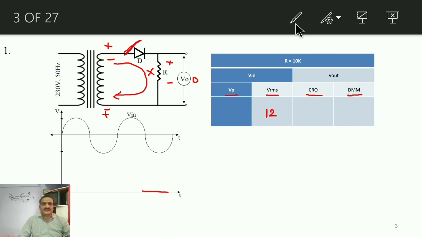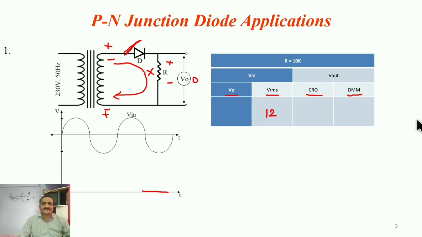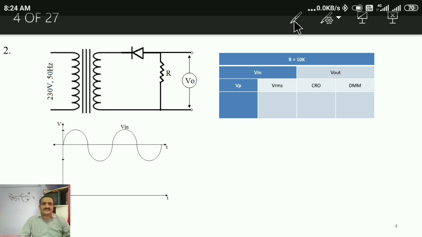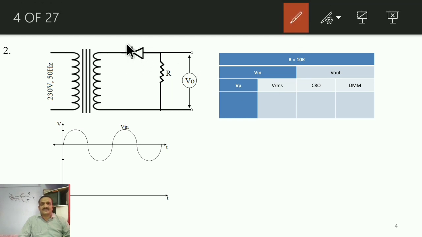So just go through it in detail. Now in this circuit, what I have done is just reverse the diode, just change the polarity of that diode, is it? Now what will happen during the positive half of the input that is coming from the secondary of this transformer? The diode will remain reverse biased, and that's why the output will be 0.